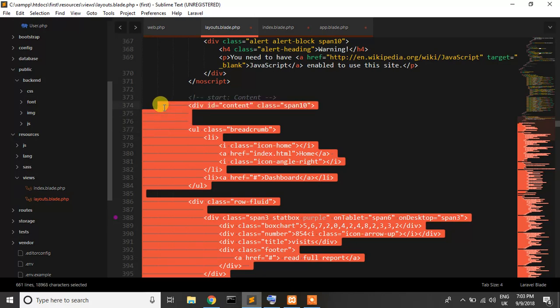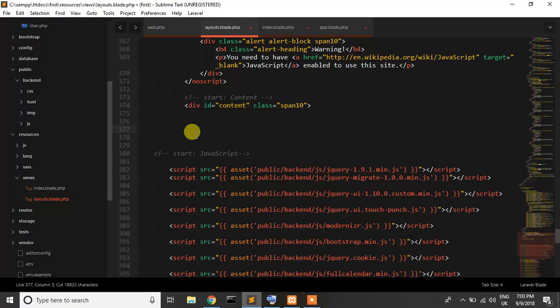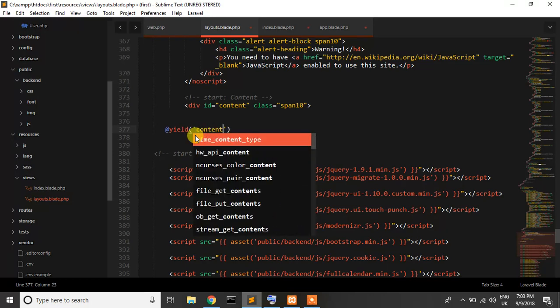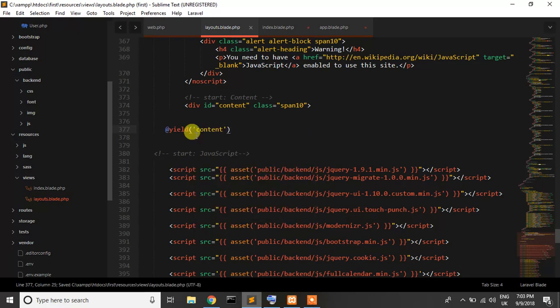Start of content, just cut it, and in this place I write the yield method, and I write a section name, content. Okay, now save,